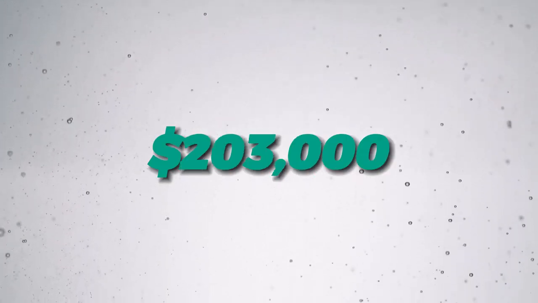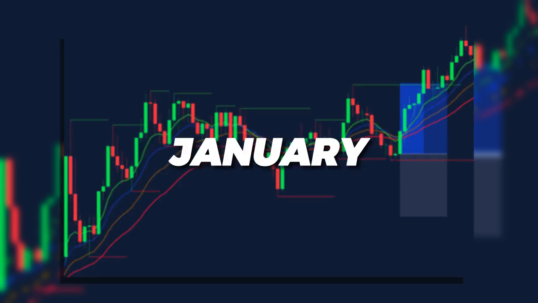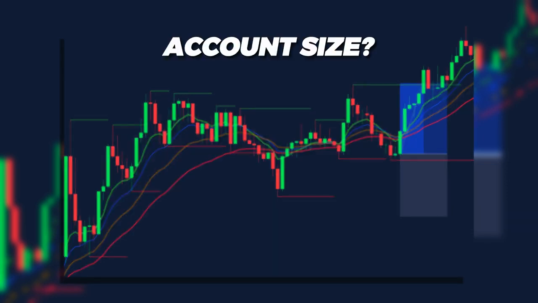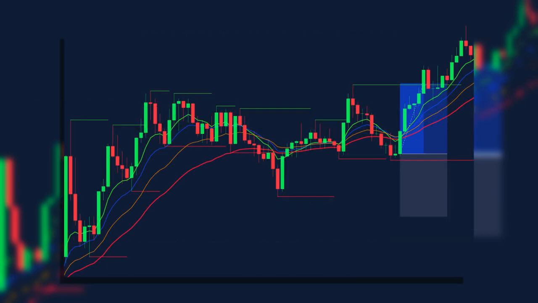$203,000. This is the profit made by this strategy if you were to trade it for the entirety of last year, beginning from January all the way to December. Now, you may be thinking, well, what was the account size? What was the risk to reward ratio, the win rate, the profit factor? Well, stay tuned, because in this video, we're not only going to answer all these questions, but we will also